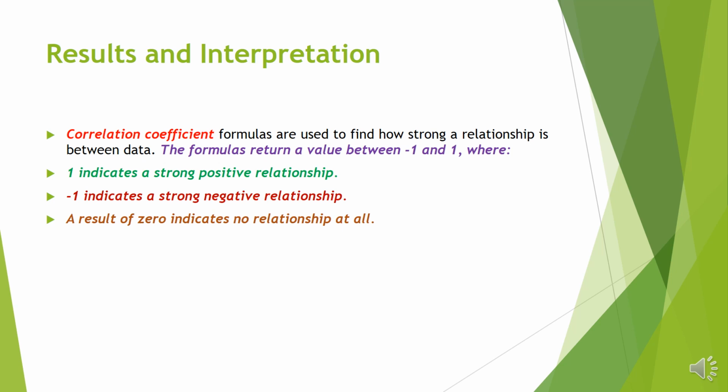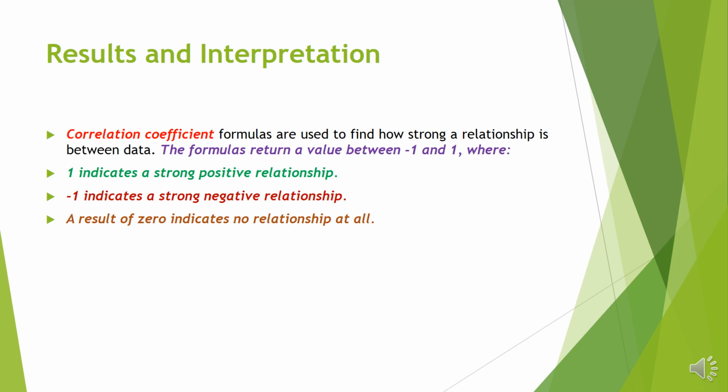Simply we can say that the value of coefficient of correlation R is between -1 and 1, where 1 indicates a strong positive